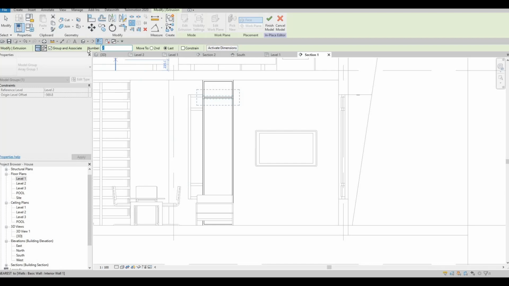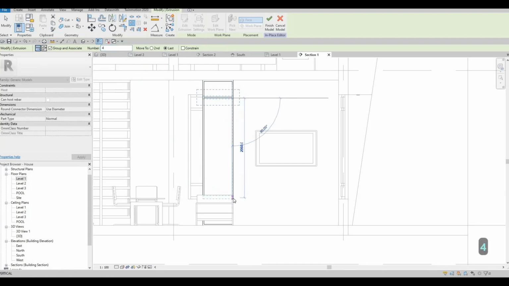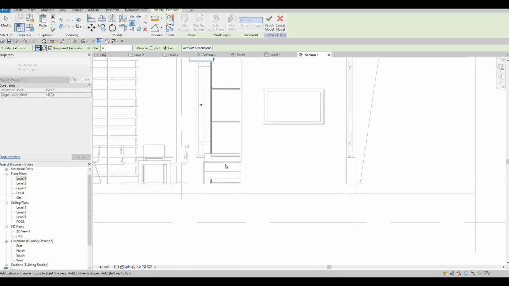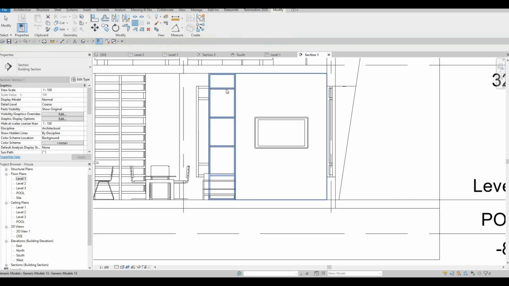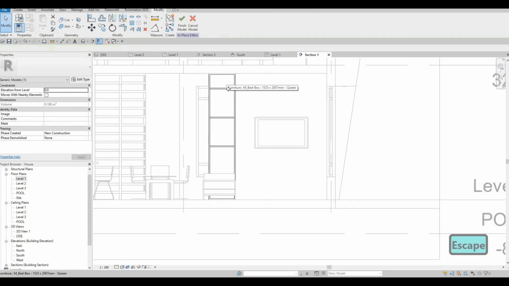Probably 4. I think that's good enough. Click finish. We could edit this